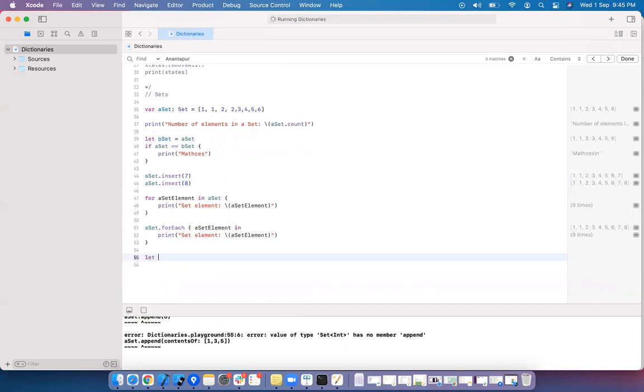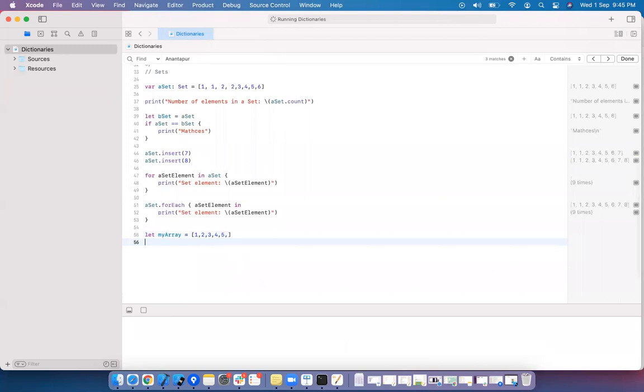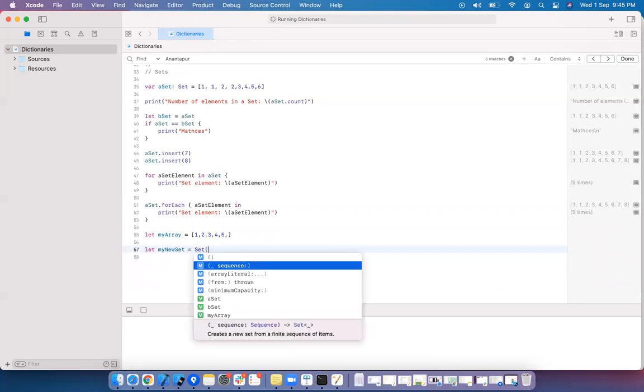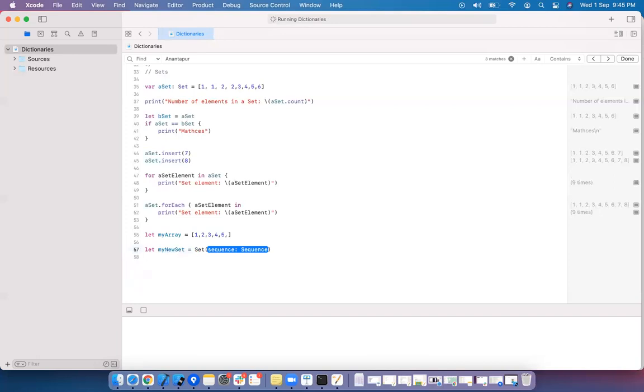We can create a set from the array that is there. Let my array. Let my new set. Set of sequence. It is my array. That's it, that's my new set.